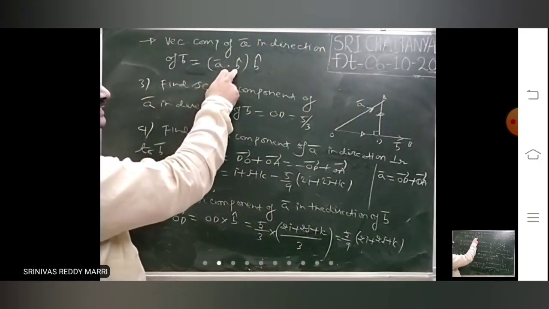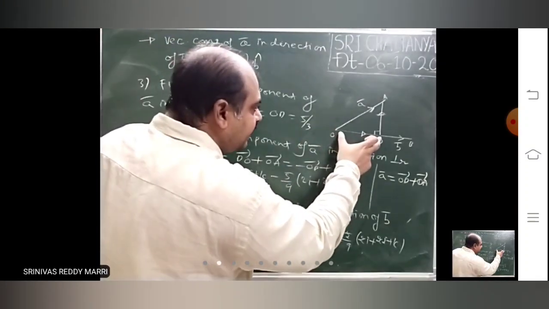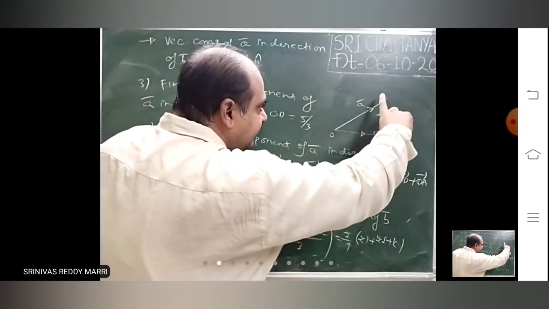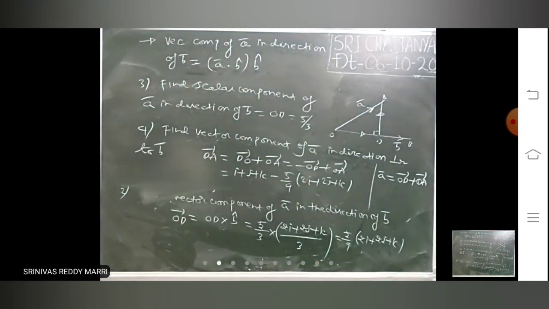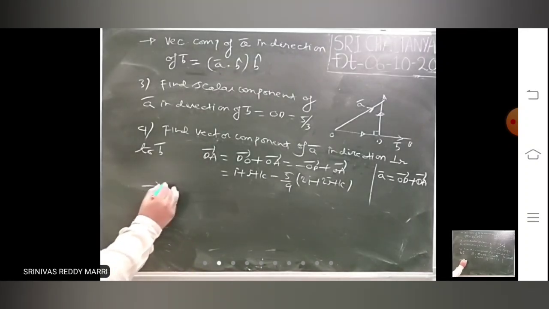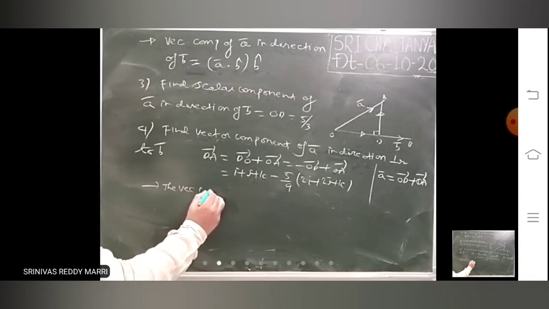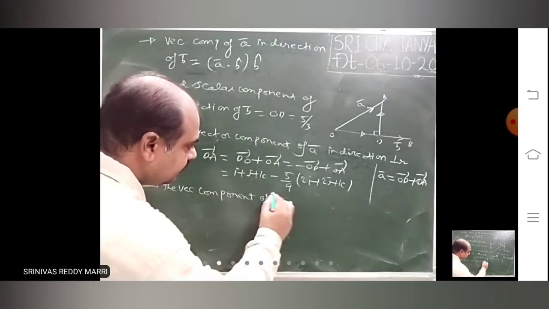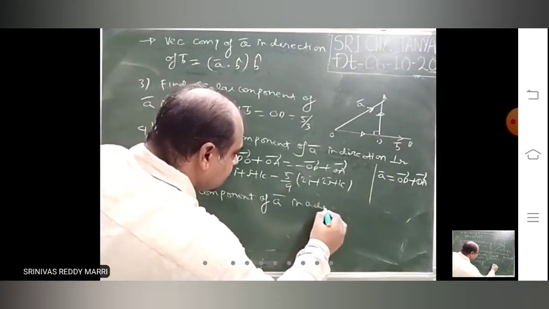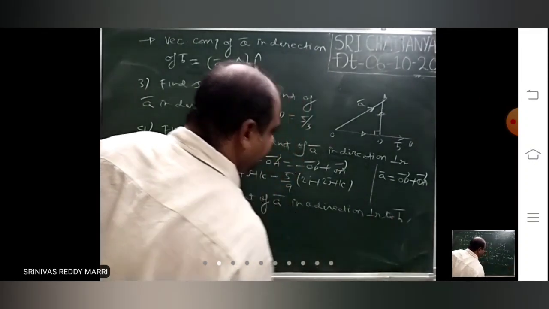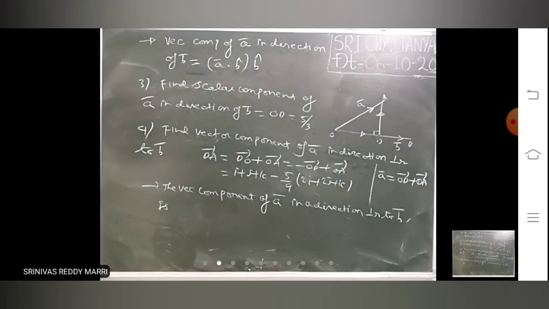Those are the components. The first one we have written is the component of A bar in the direction of B bar, that is OD bar. The component of A bar in a direction perpendicular to B bar is dA bar. If you want to remember it as a formula, look at the vector component of A bar in a direction perpendicular to B bar. I will derive the formula.